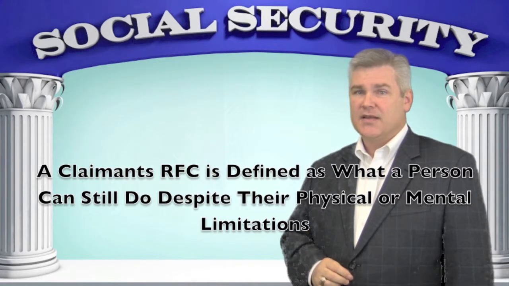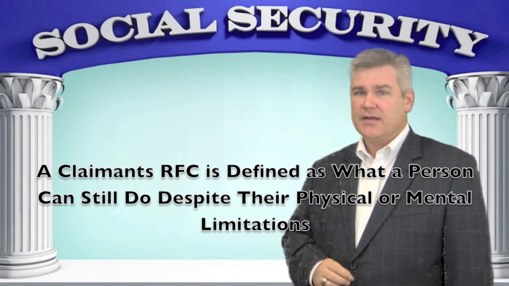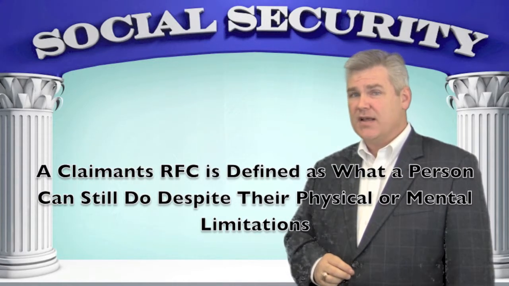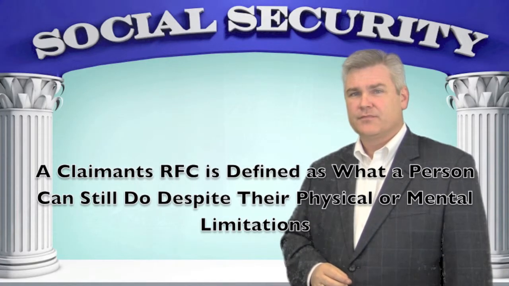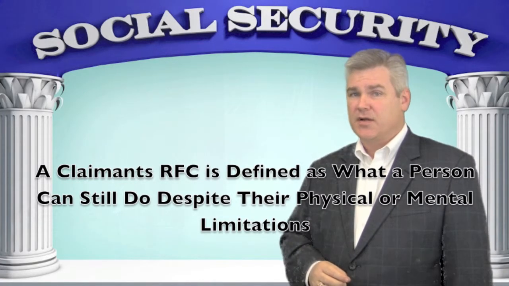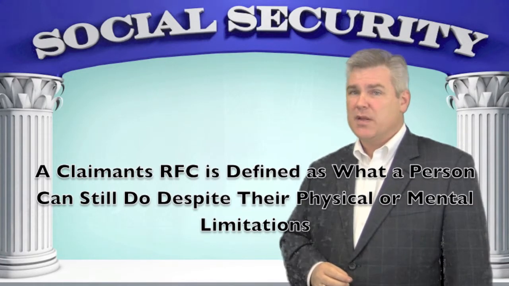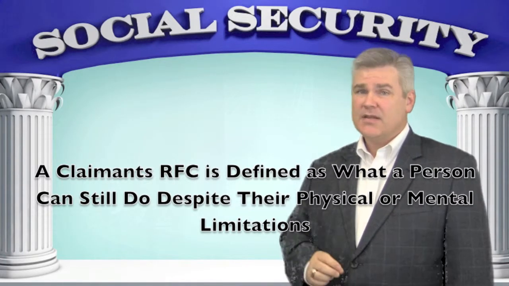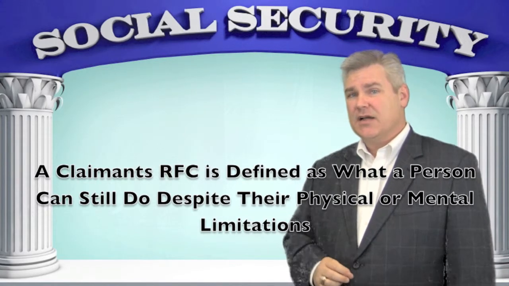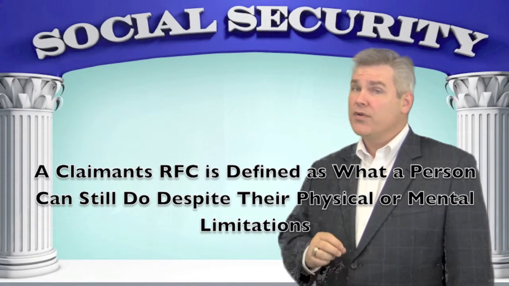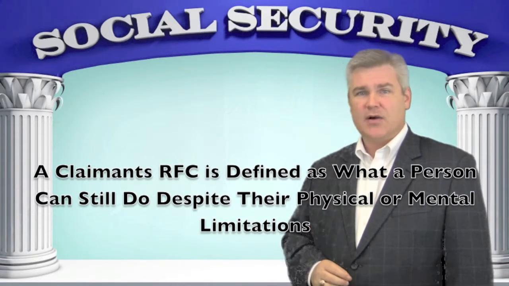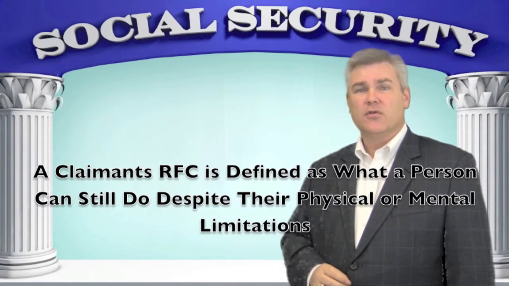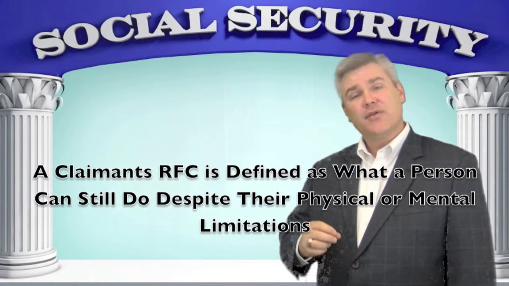Light work activity is defined as being able to sit for at least 2 hours in an 8-hour day, stand or walk at least 6 hours out of an 8-hour day, and lift up to 20 pounds occasionally throughout the 8-hour day. Examples would include a sales associate at a department store, a school teacher, or maybe even a lawn worker. Now, sedentary activity is defined as being able to sit 6 hours in an 8-hour day, standing or walking no more than 2 hours in the 8-hour day, and lifting no more than 10 pounds occasionally throughout that 8-hour day. Examples would include office workers, telephone sales, and other sit-down type jobs that don't require any heavy lifting.